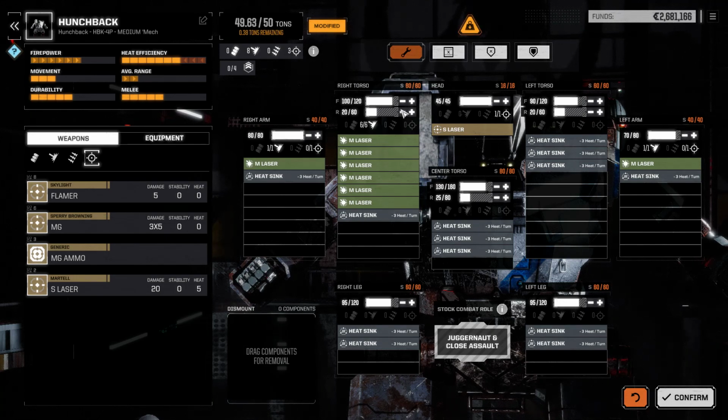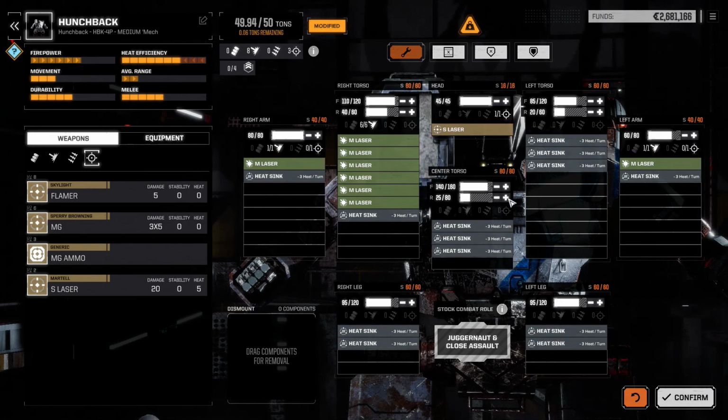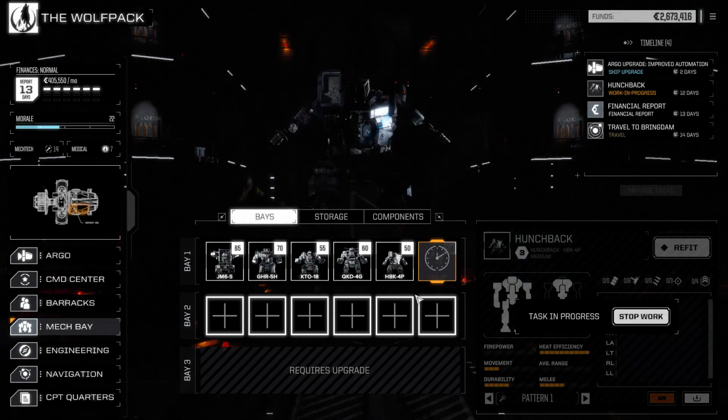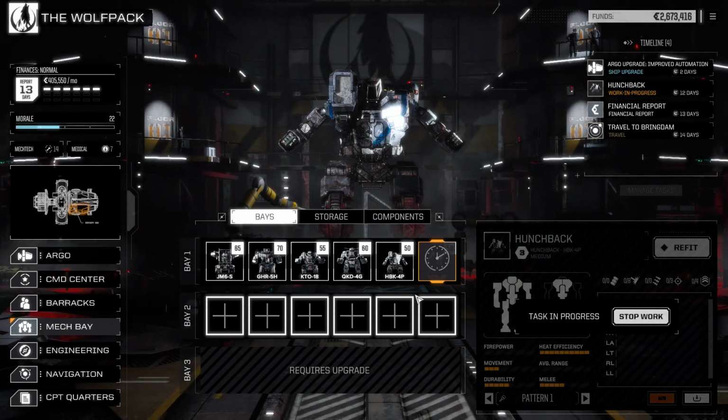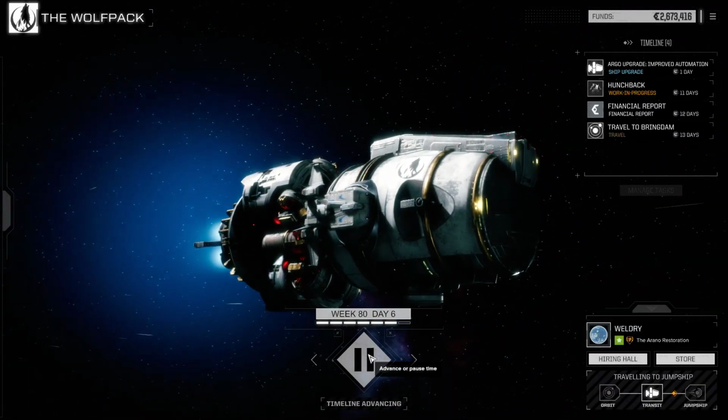We want more on our, so we can right side to save all of those lasers. So this is effectively the stock version. We are giving up jump jets. We're gonna put... we are going to put...